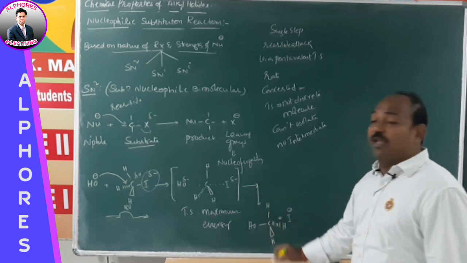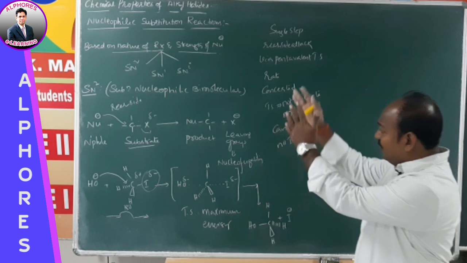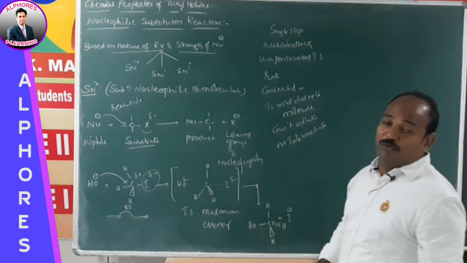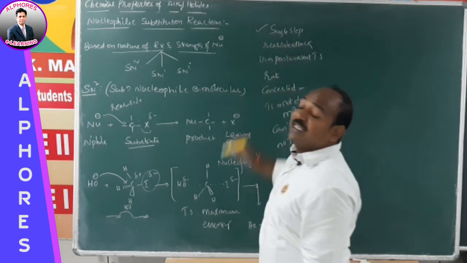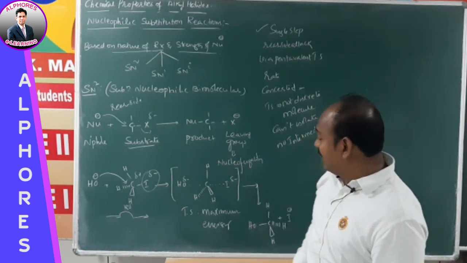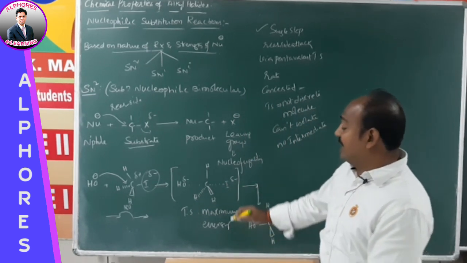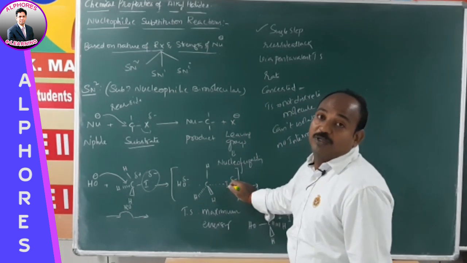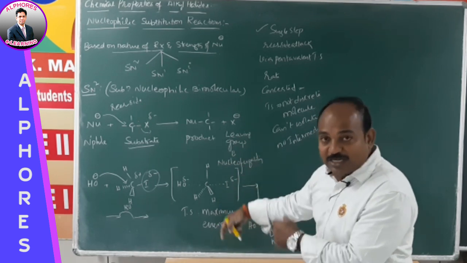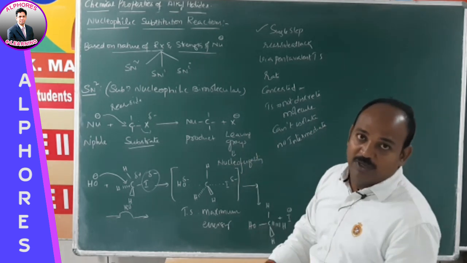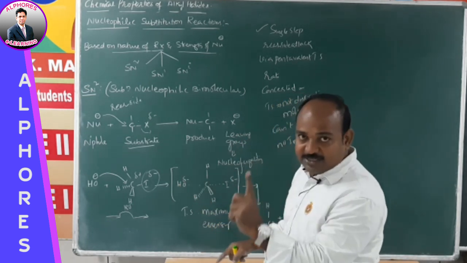So we are getting only one product. Let us see the points we learned so far. We'll discuss once again. The mechanism proceeds via a single step. Sir, you wrote first step this one, second step this one? Not like that. Don't consider it like that. This is not a step. This is only a transition state. As I mentioned, this is not an intermediate. If it were an intermediate, then you might consider it one more step. But here it is not an intermediate, so it is completely a single step.